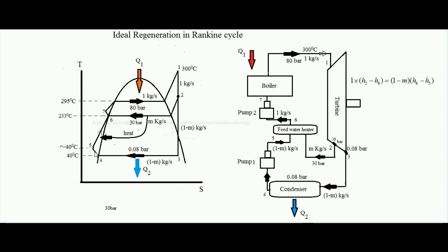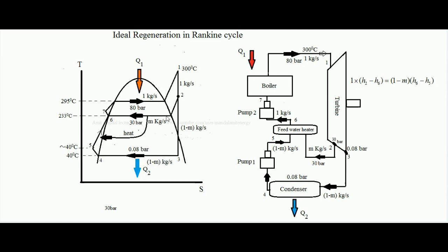So this is the complete cycle. What is happening? See, steam is entering at point 1 with 1 kg per second of mass flow rate. At point 2, m kg per second of steam is taken out from the turbine for the condensation process. Further expansion would be with 1 minus m kg per second. Ultimately 1 minus m kg per second of steam reaches the condenser inlet, so condensation will be with 1 minus m kg per second of steam. Now it is taken by the pump at point 4 and sent to point 5.